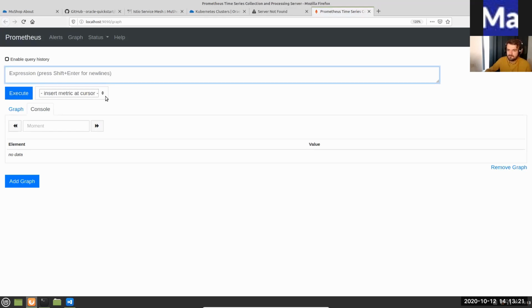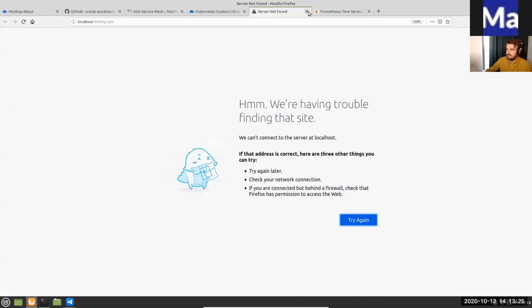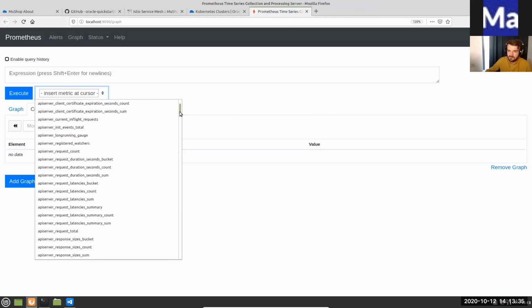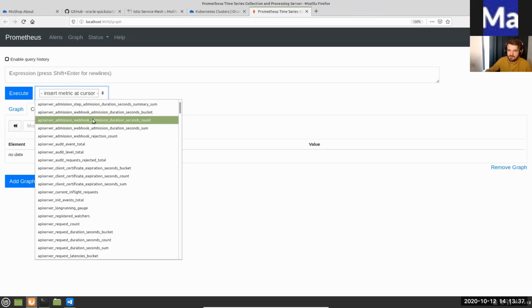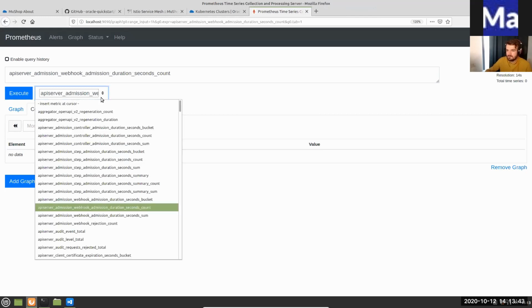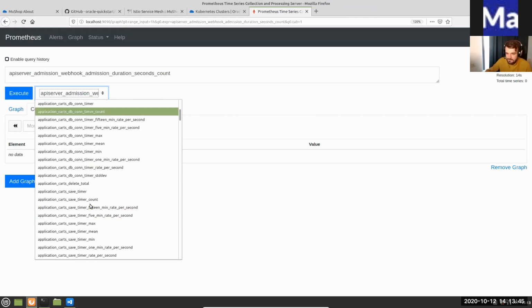What we can do, for example, for a specific metric, and again, I'm not going to get into details on Prometheus and the querying language and everything. But if you choose a specific metric being collected by Prometheus, let me check if I have something here on API server.